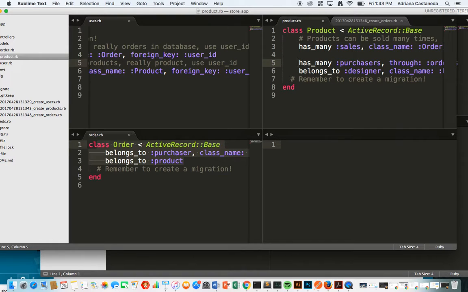And in order to find who bought this product, we have to go through this order table, which links our